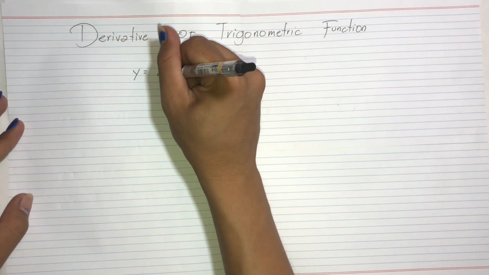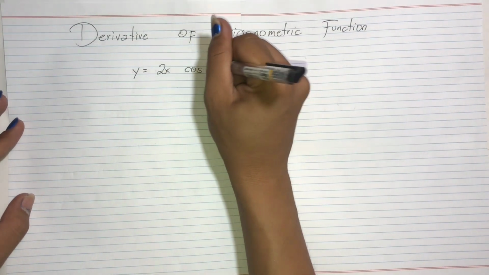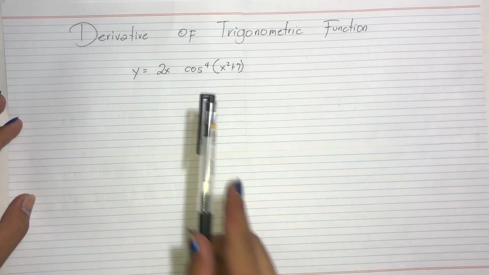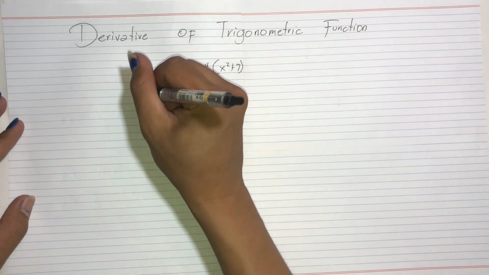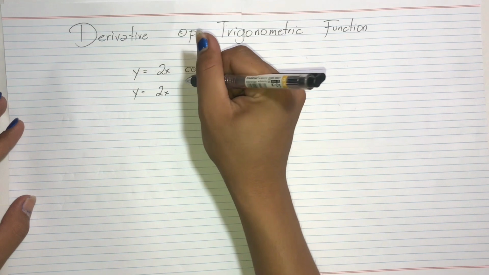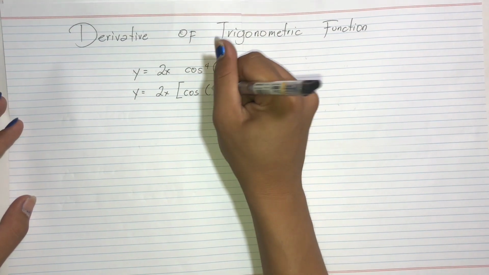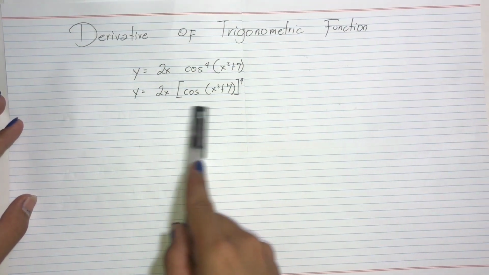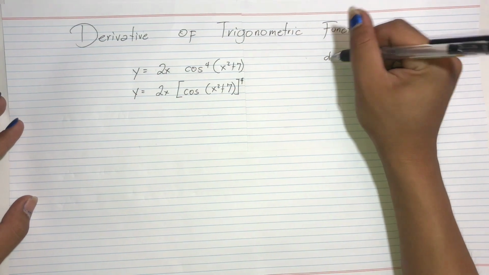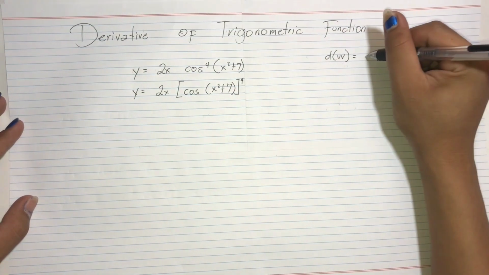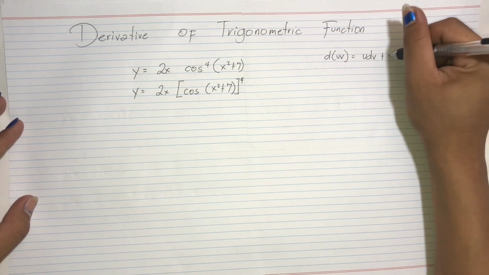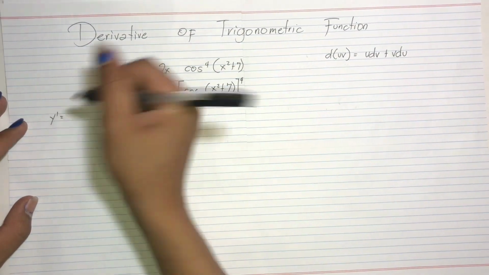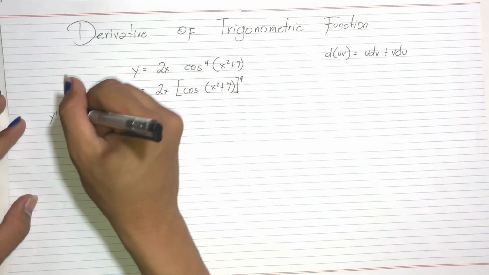How would we derive y equals 2x cosine to the fourth of x squared plus 7? We need to rewrite this in exponential form, that is y equals 2x times quantity cosine of x squared plus 7, to the fourth. What we need to use here is the product rule. The derivative of u times v is equal to u times the derivative of v plus v times the derivative of u. Now y prime is equal to u, which is 2x